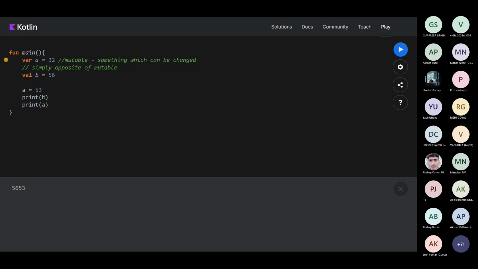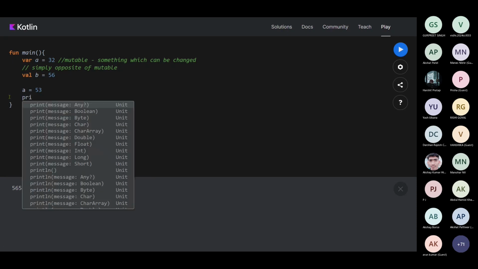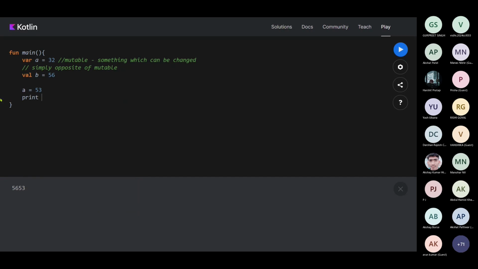What if you want to have some spaces over here, or what if you want to use this particular variable in an expression, in a string? What do you mean by string? String is a collection of alphabets or anything. A collection of alphabets is called a string. For example, I'm writing a string, print hello world. This hello world is nothing but a string. It's a data type, string.